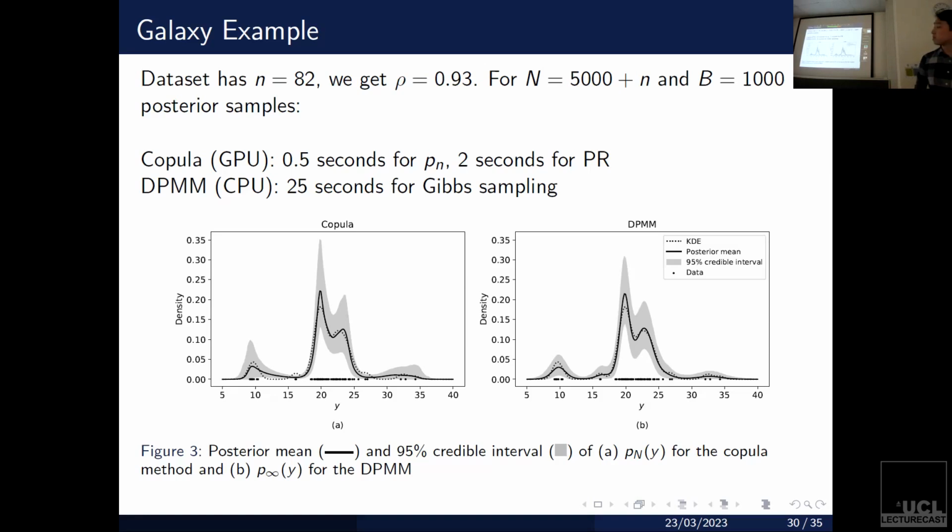We can see that the posterior means are pretty close in value, not exactly, but quite close. And the uncertainty is also relatively similar. You have uncertainty around the peaks, but you can argue that maybe there's a bit more uncertainty in the Copula methods. But the key here is that on the left-hand side, there's nowhere that we've used any kind of Markov chain Monte Carlo. In fact, there isn't even a likelihood or a prior. All we have is a density estimator and this predictive resampling scheme. And we've managed to get essentially Bayesian uncertainty in the exact same way.